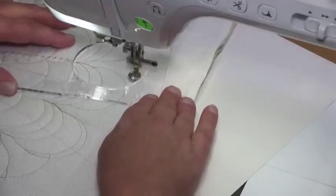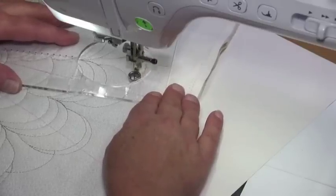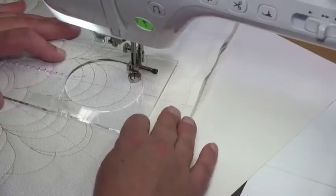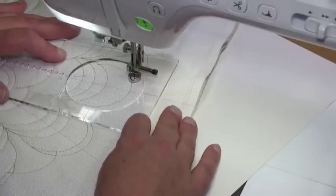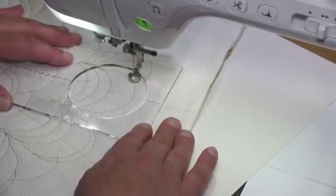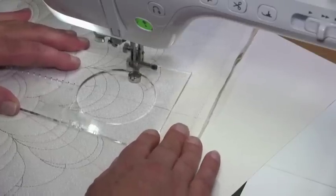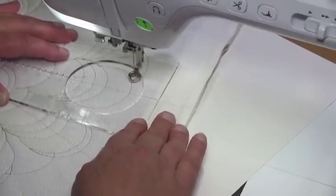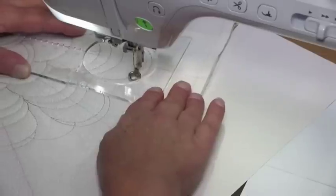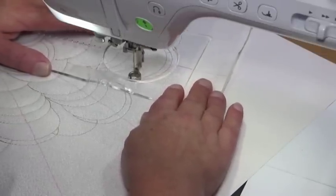When we get to the line, we're going to stop at the line, we're going to come back a couple of stitches, line our template up with our reference line, and then we're going to sew around, going down, stop at the line, come back, all the way around until we get back to the line, stop at the line, we're going to come back,